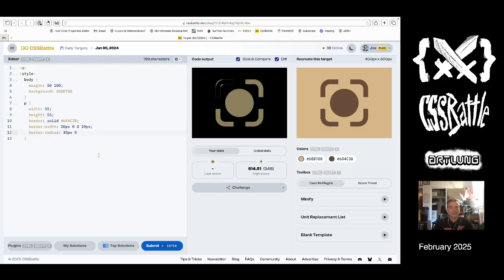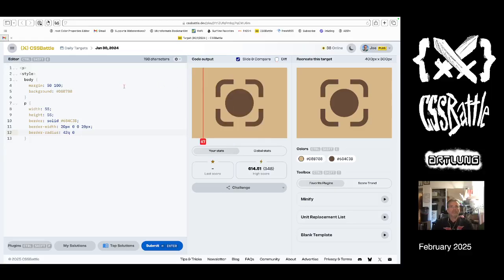And that border radius is not right. 50, 40, 40. There it is. And then can we use a Q unit there? 1 or 2. Sure. Okay. Now,